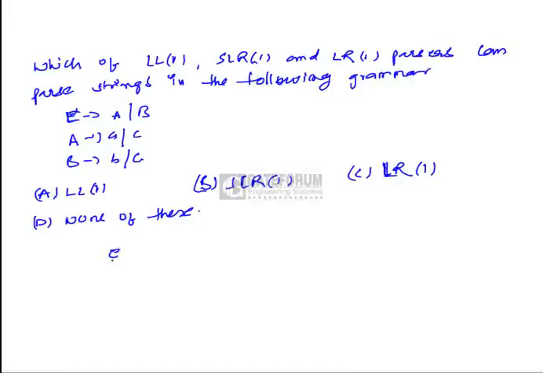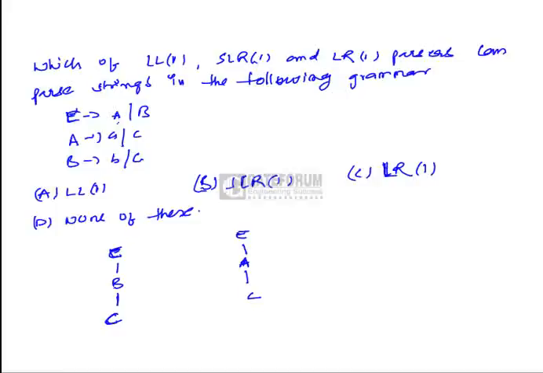That is, from E we can go to B, from B we can derive C. So this is one parse tree. From E we can take this production, from E to E derives A, and from A can derive C. So there are two derivation trees for a particular string. That means the given grammar is ambiguous, and we know that we cannot